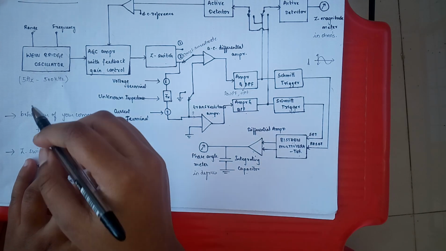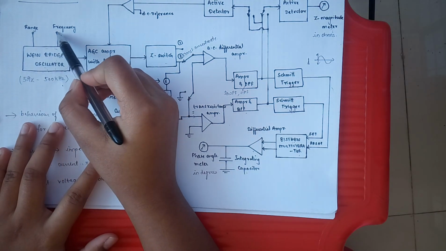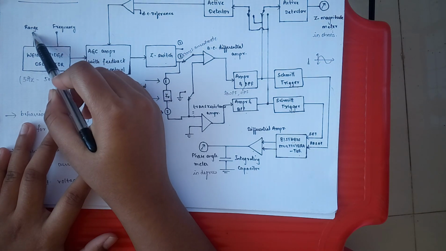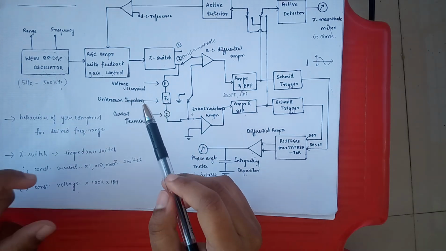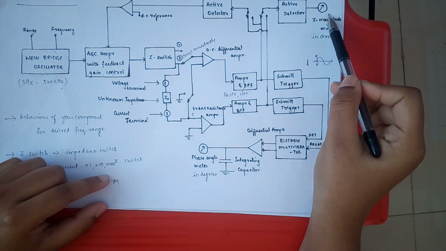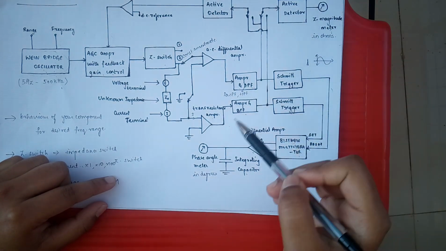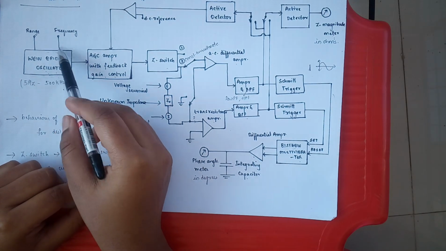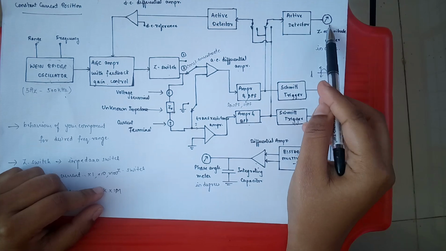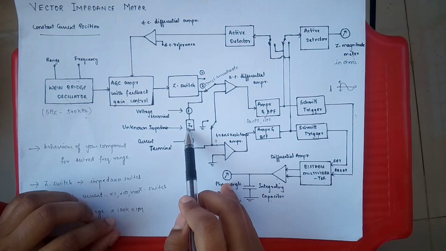As you can observe, we have a signal generator over here, which I told you has an adjustable frequency range. So now using this, you can change your frequency and then you will get a reading of the magnitude of Z and the phase angle in these two meters here at this end. And so for a different frequency, you can just look in here at these meters and you will find the readings.